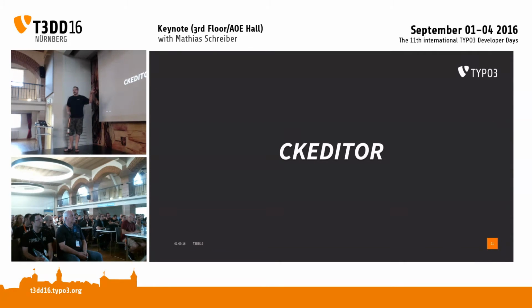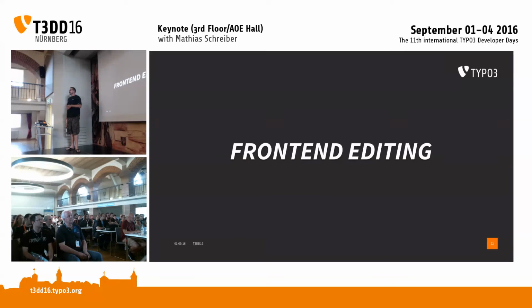And integrating CKEditor into the TYPO3 core leads directly to the next important topic that we're working on, that's front-end editing. There's the guys from Pixelant. Yeah, you'll find him, it's cool. Who stood up to the task and said, okay, we want to do this, the core team doesn't have the manpower to do so within the time frame scheduled for the 8 branch. So Pixelant jumped in and said, okay, we got the developers, can you guide us, mentor us through the process? So we got front-end editing within TYPO3 version 8. And I think that deserves a huge applause, because it shows just how people can do things out of themselves. So it's not just the core team